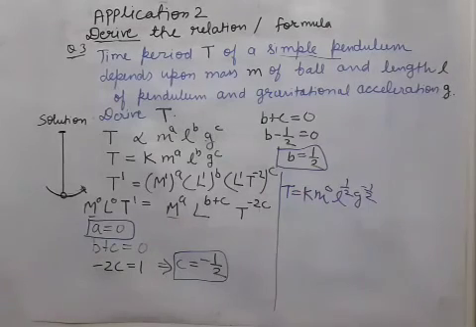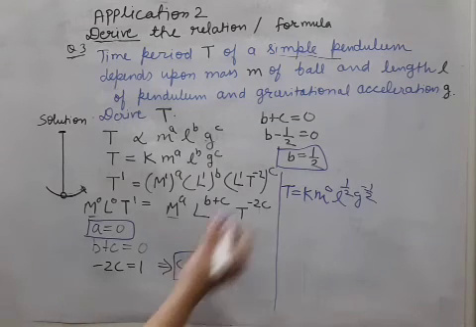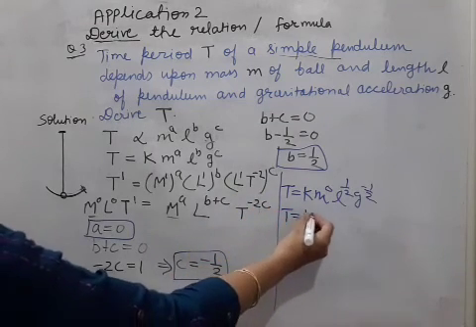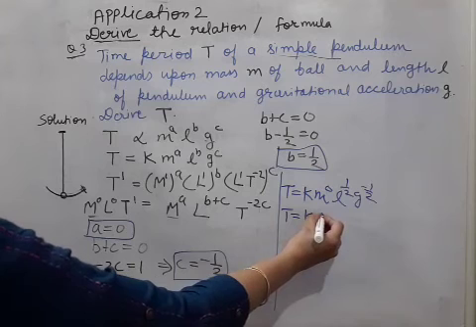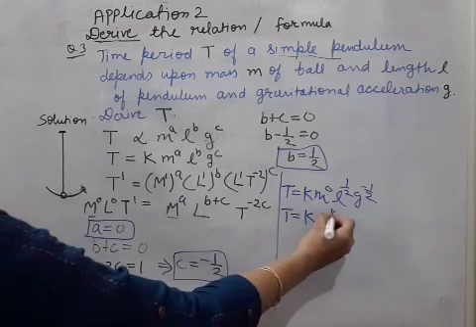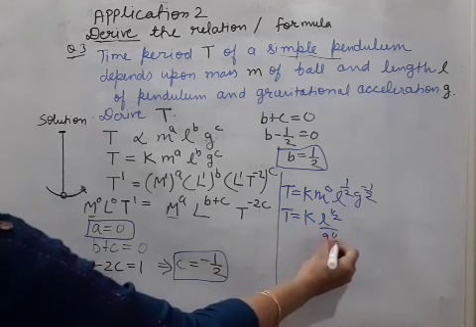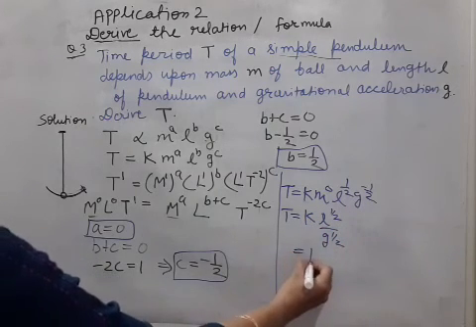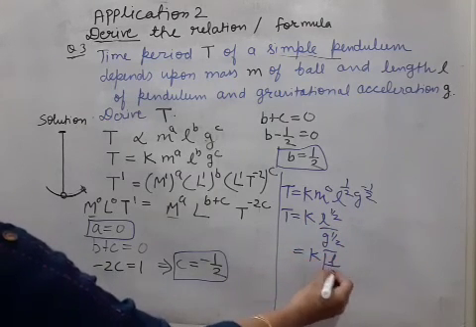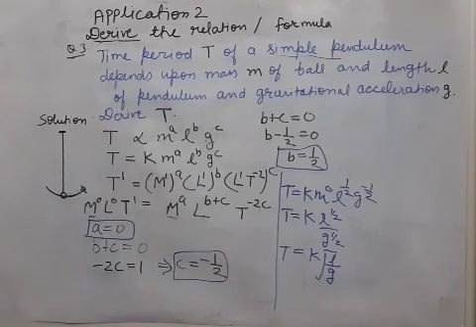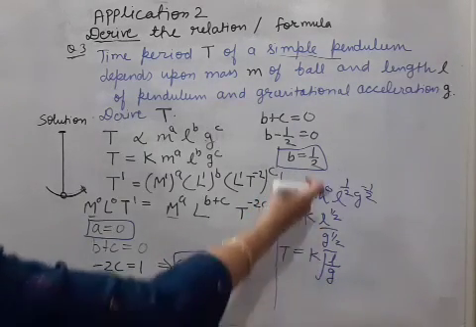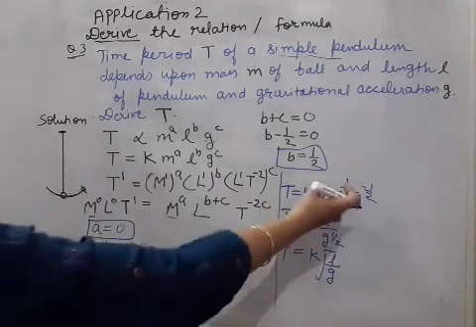But doesn't matter. Whatever things are given in the question, we have to take all. अगर पावर लास्ट में 0 आती भी है, करेक्टली सॉल्व किया है तो कोई प्रॉब्लम नहीं है. So lastly, we can rearrange this formula of T: K, L power half, g power also half because it is shifted down. So K root L by g, we can write the answer. We can write the final answer in any form. All are correct. This is also okay.